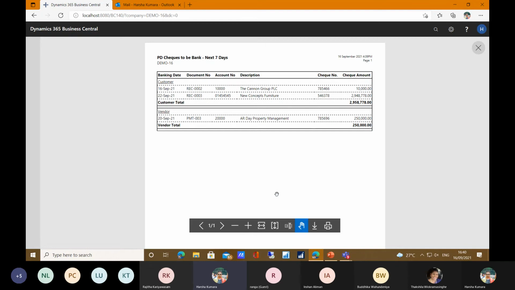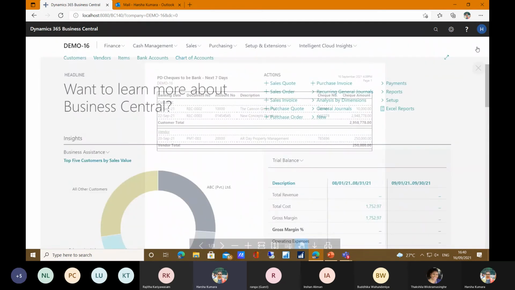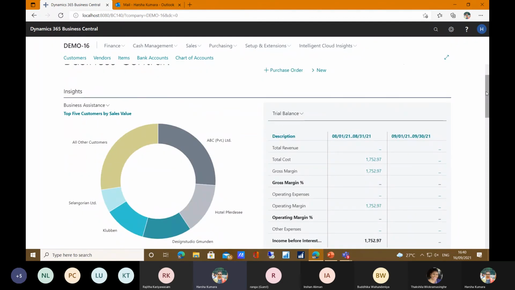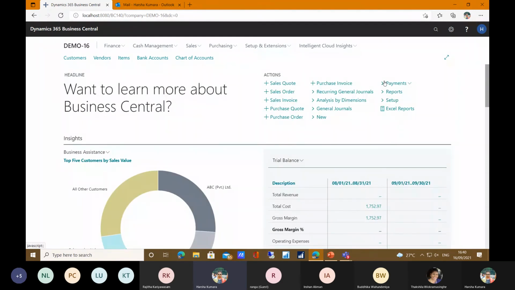And also when you decide in your AR and AP progressive meeting, you can get all these reports, and you can decide how much PDC amount is going to be cashed in the next coming 7 days. This type of functionality is available in the bank reconciliation and the PD side in Business Central. And yes, we can go ahead with your bank reconciliation at the automated level.